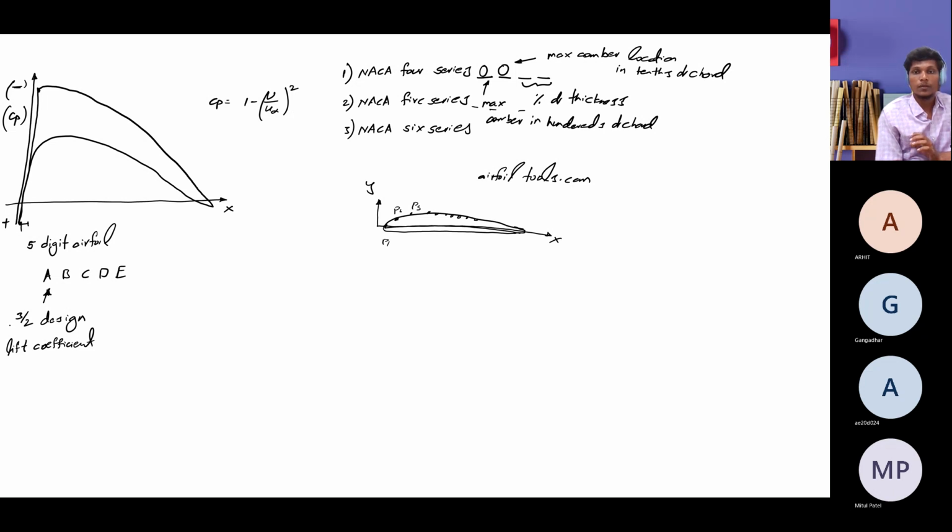This can give you a sample or a rough idea of the amount of lift coefficient that can be generated by the aerofoil, based upon a crucial definition of how you state the design lift coefficient for an aerofoil. So I suggest you go through this definition in the lectures. It's very interesting how any aerofoil can be identified by how much design lift coefficient it has. You can go through the definition, and the remaining 4 digits are